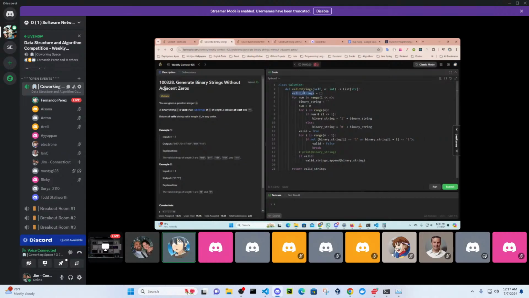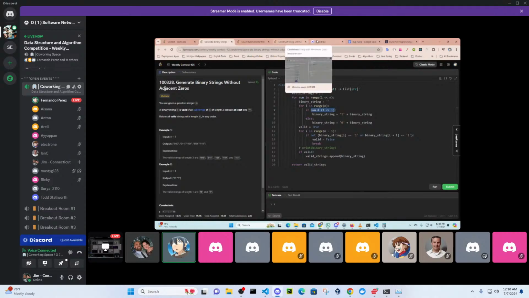I just declared this valid strings array for strings, and build the binary string. It's going to start empty. I don't need this. And I'm going to build the binary string with this size. And this operation, why am I doing this? This operation means